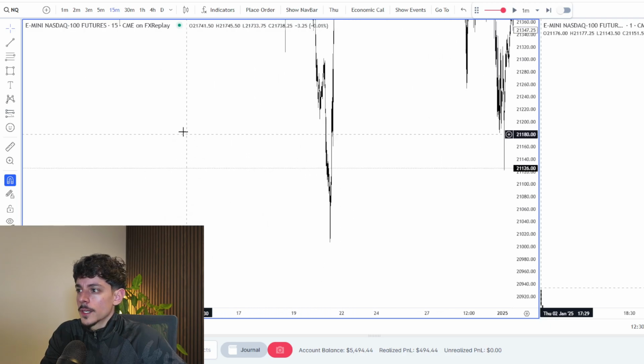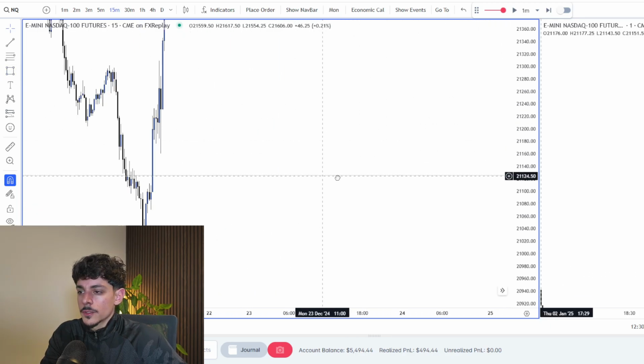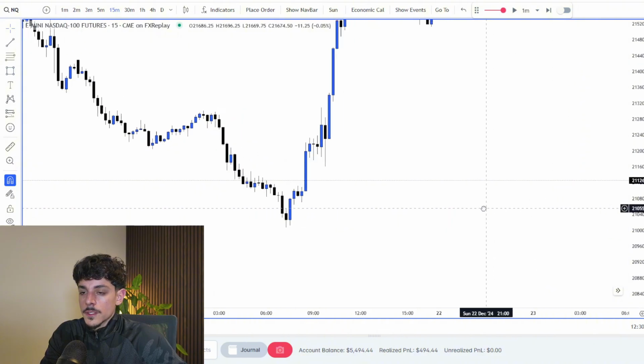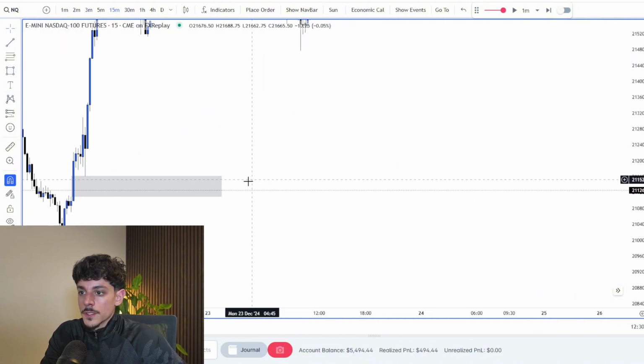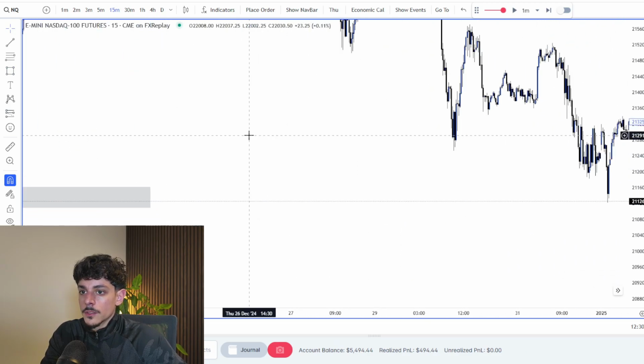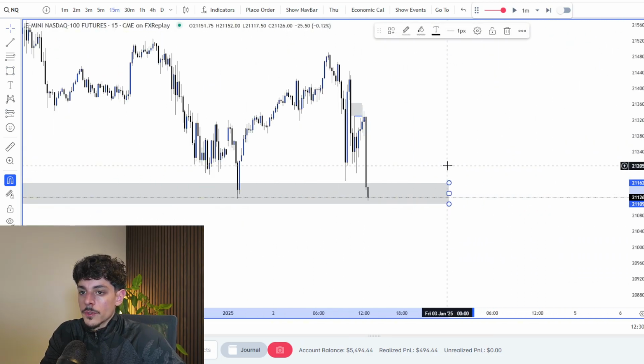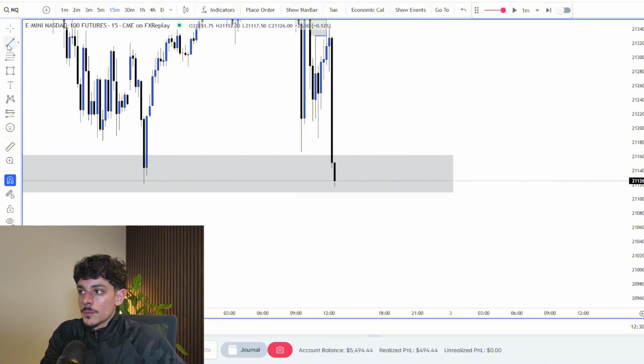All right, so we do have a 15-minute fair value gap just right here. As you guys can see, we have a 15-minute fair value gap sitting right below this low. I dragged this box, it was pretty far away. So once I sweep this internal low that already filled the gap, I will be in a possible long opportunity